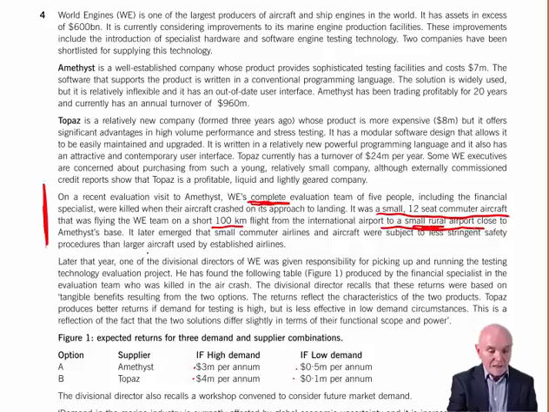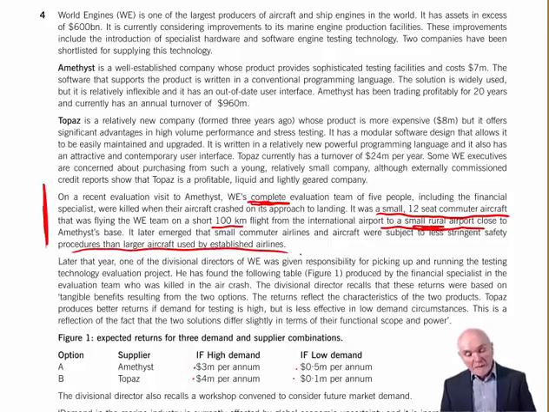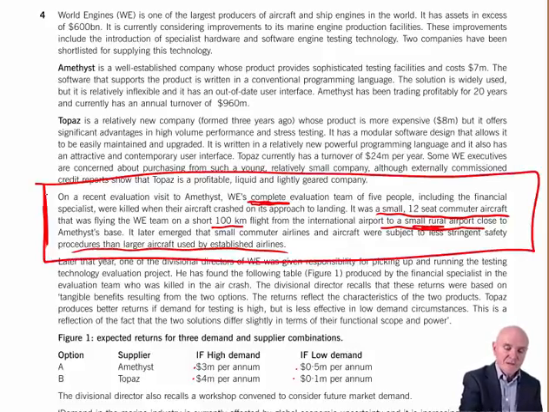And then it does say it later emerged that small commuter airlines and aircraft were subject to less stringent safety procedures than large ones. So we should read the whole thing first, really, and say that stay away from little ones. It might also be a possibility, do we need all 5 of them to go? Do we need to actually physically visit people as much? Could we not do maybe teleconferencing as a way of reducing that as well? So that's something we haven't just made it up. We've gone to what it says in the question